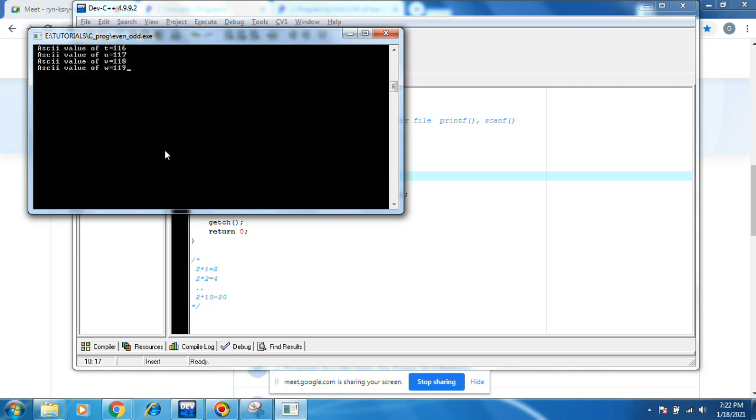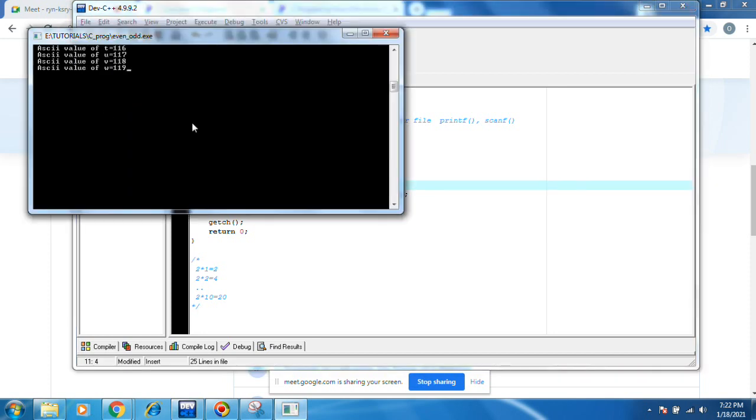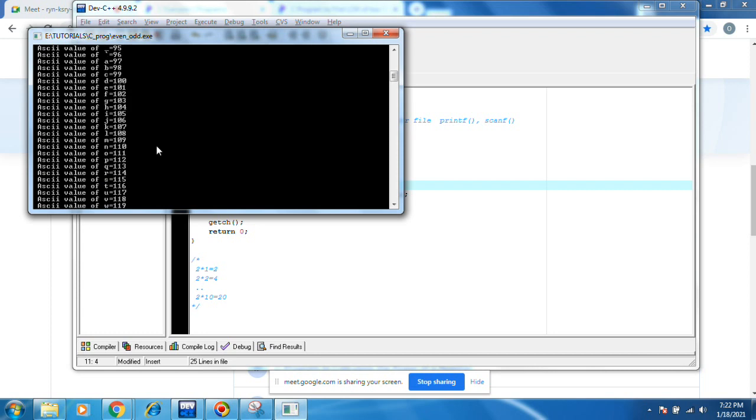You can try minus 300 here, plus 300. Those many ASCII values are there. Right now we are able to see all these things. You can print the output ABCD as well as ASCII values.